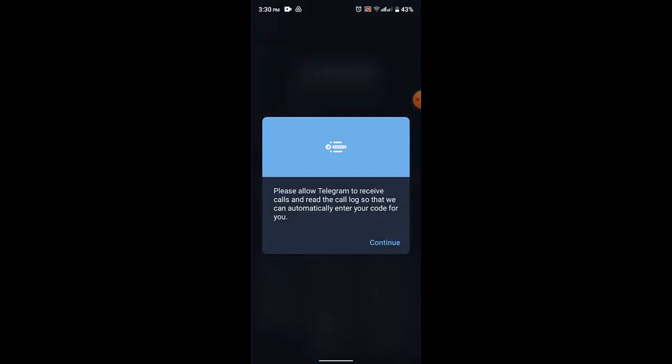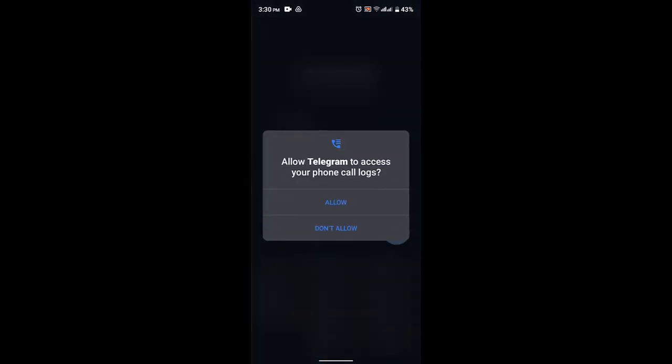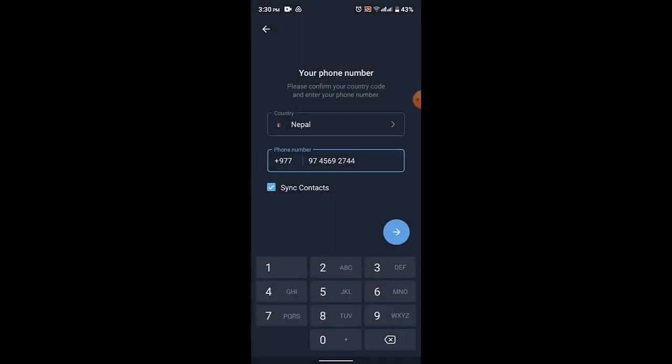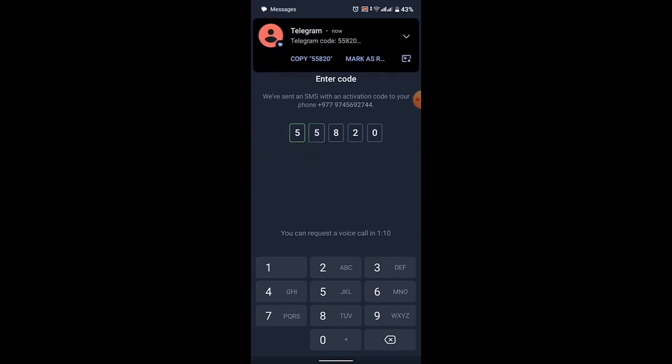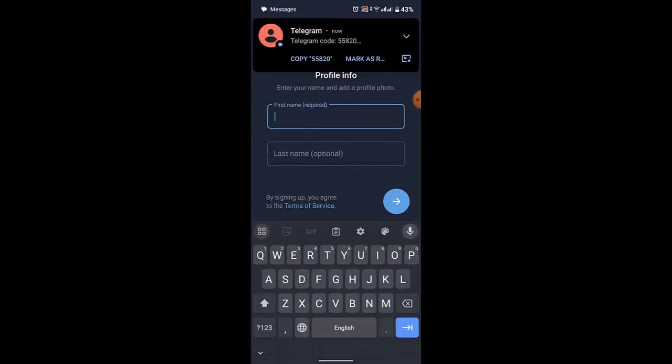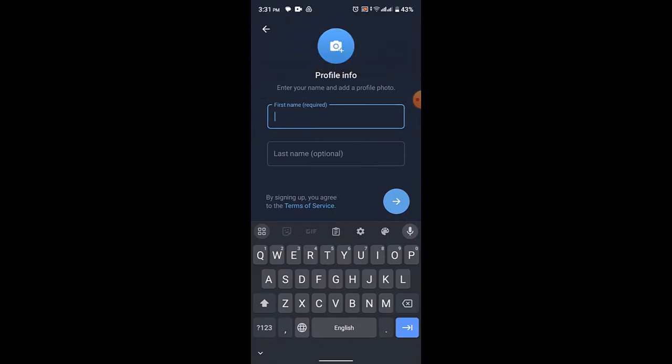If sure, then click on the yes button, click on the continue button, and it's going to ask you to allow all of these permissions. Now go ahead and tap on the arrow icon once again. Now in order to confirm your account creation, you'll be asked to provide the verification code. After that, type in the verification code, click on the continue button, enter in the name and then the last